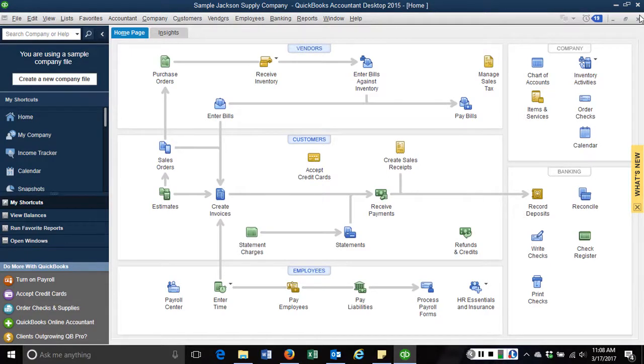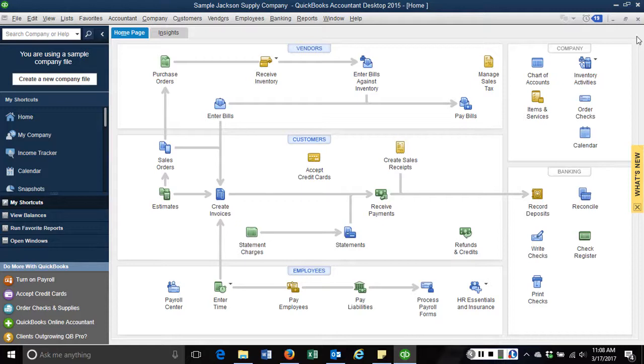But what if we've got a transaction that doesn't necessarily fit in there? It's not part of making a sale. It's not part of what we're in business to do, but we need to show that we received this money. So an example of that is what if we received money from a loan? So on the bottom of page 31 and then 32, we're going to show how to receive this miscellaneous cash